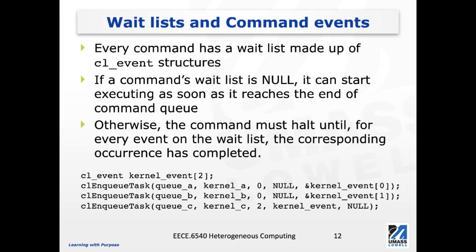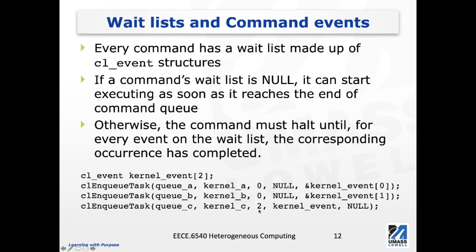For example, if we have 2 kernel events, and these 2 kernel events are associated with this enqueue task and this enqueue task respectively. So this kernel event 0 will be triggered when this first enqueue task is completed. Likewise, this kernel event 1 will be triggered when the second enqueue task is completed. The third enqueue task